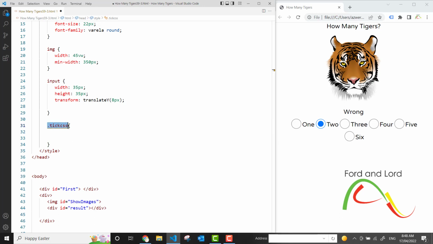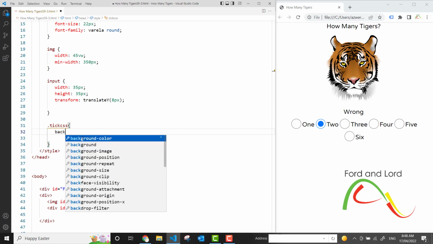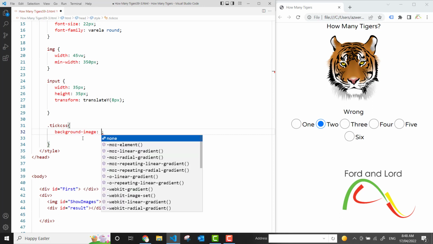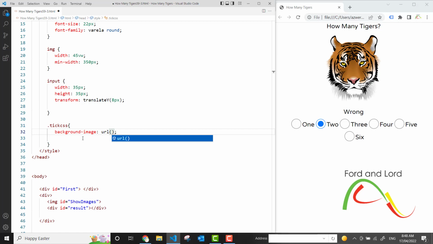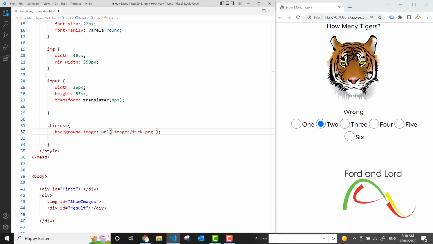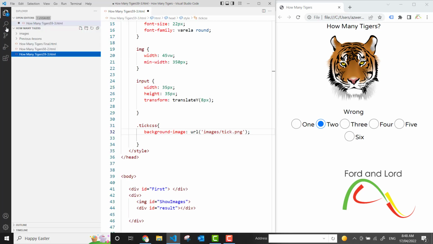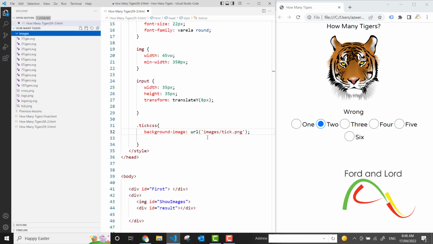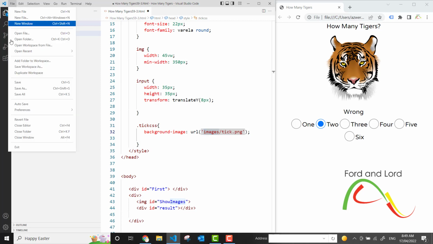So first of all, we are creating a class, and this class has a background image of URL within the images folder, and the name of the image is tick PNG. All right, so we are calling a background image in this class from this images folder, which has been indicated here, and the tick, which is a tick mark. And if I save it,